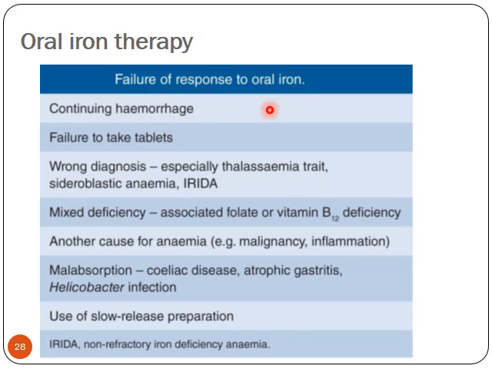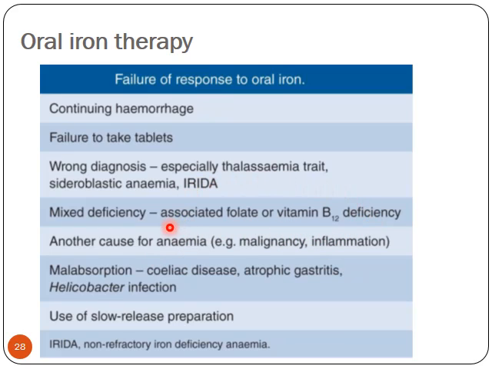Why do some patients fail to respond to iron? Continuing hemorrhage, the cause is still there. Failure to take the tablet, incoherence to the therapy, wrong diagnosis, especially if the patient has thalassemia trait or sideroblastic anemia, he's taking the wrong medication. Patient is having mixed deficiency, so patient is only taking iron while he should be subjected to vitamin B12